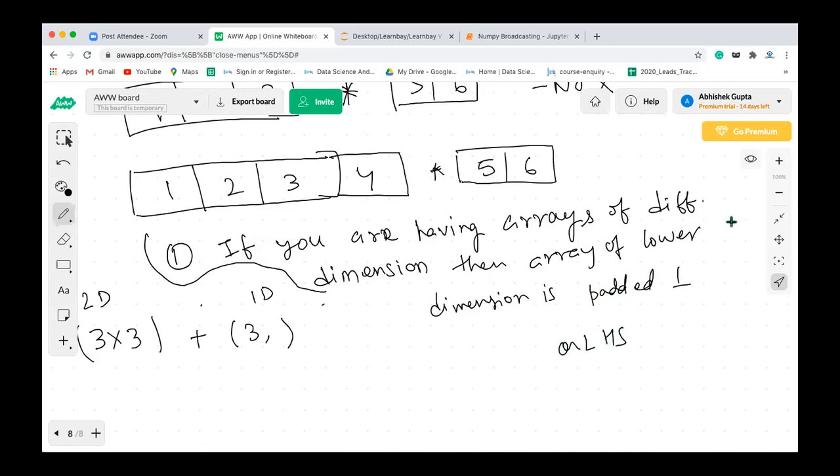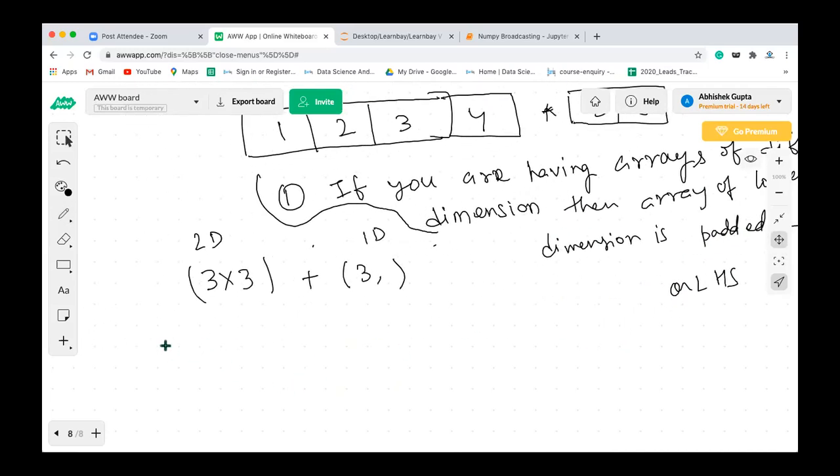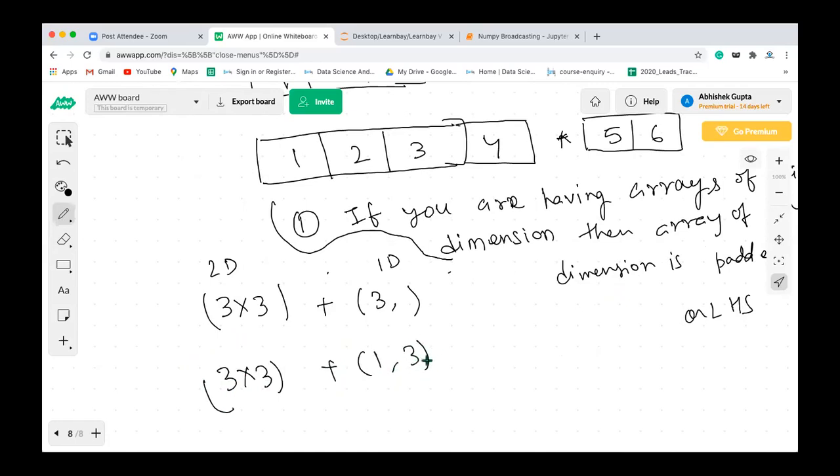Okay, so now tell me what will happen here. Let's say step 1, what will happen in this case? You have 3 cross 3, okay, and this will be padded with 1 comma 3, right? Fine. Now the second step, what will happen?